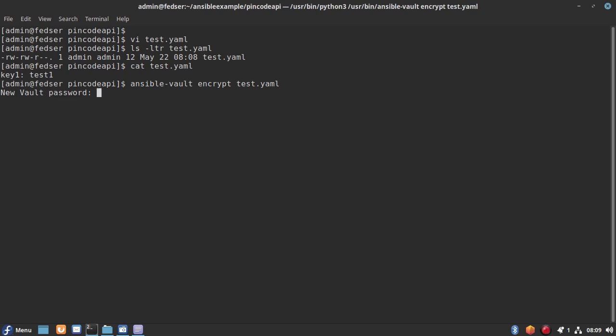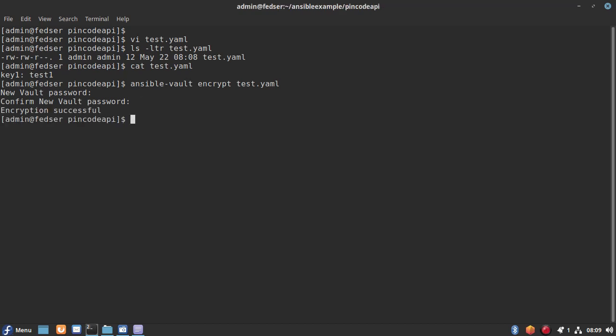The first thing it is going to ask you is the Ansible Vault password. It is basically a password that we are going to give to the vault so that it can be secured. Without this password, we won't be able to decrypt the data. So let me give it a password. You can give any password that you wish to, but it should be the same, so you can confirm the same password. As you can see, the encryption has been successful.